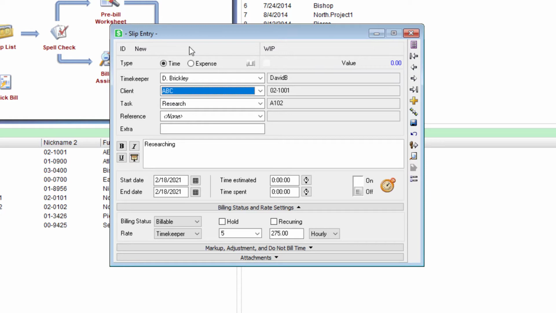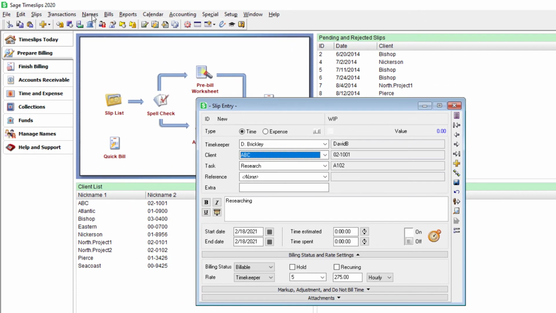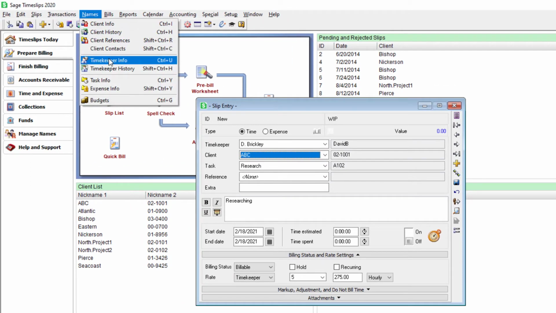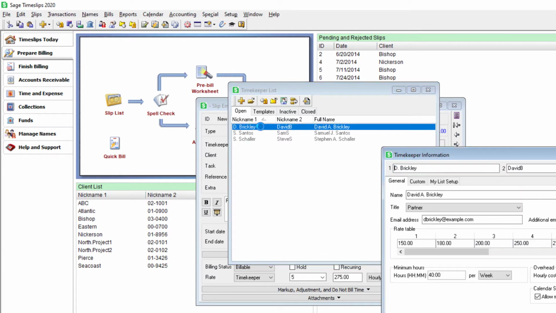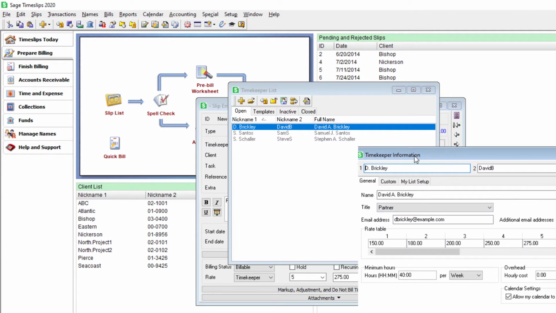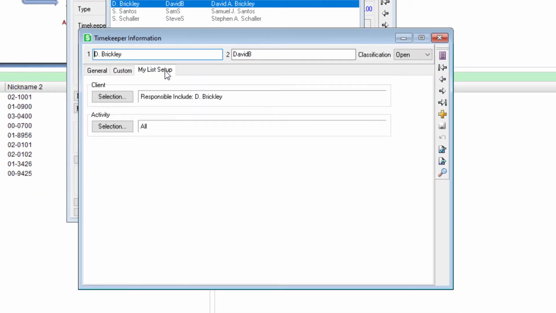Each timekeeper can set up their own My List with your short list of clients. The way we do that is we go up to Names and then Timekeeper Info. I'm in the sample database and logged in as D. Brickley. If we go into D. Brickley, or any timekeeper really, we'll see this page for My List setup,